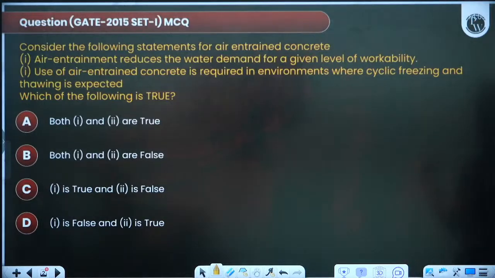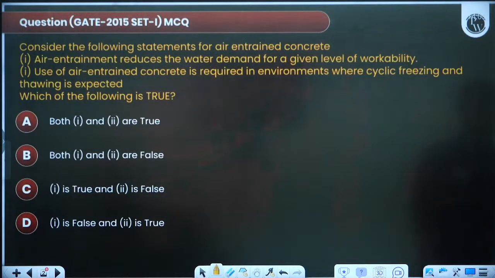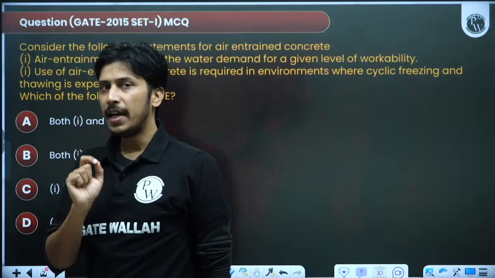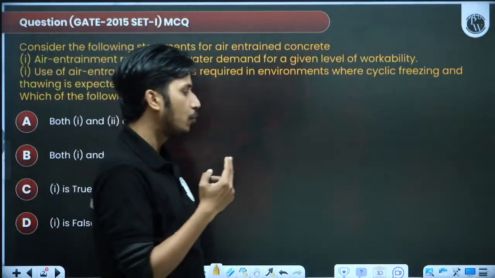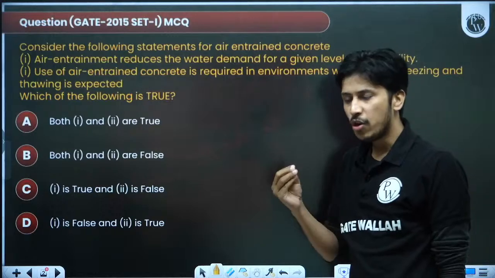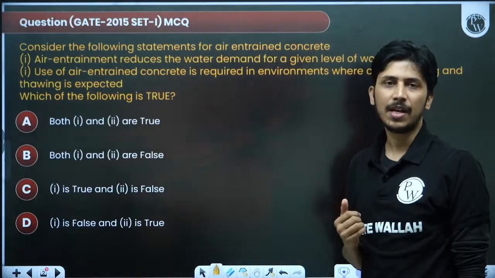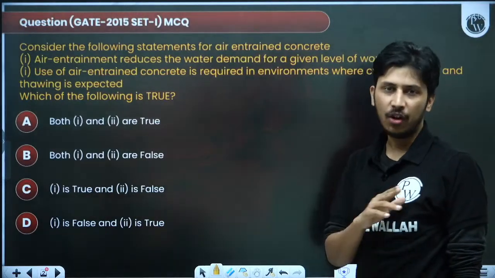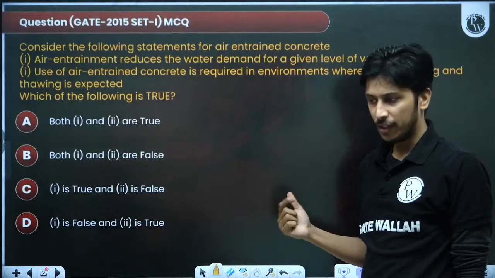In this type of question, from the last 10 to 12 years, we are observing that GATE is asking statement based questions. It will give you 2 statements, sometimes 3 statements, and it will ask which of these statements are correct. The options are 1 and 2, 2 and 3, 1, 2 and 3, none of the above. Like this they are asking 1, 3, 1, 2, 2, 3, 1, 2 and 3.